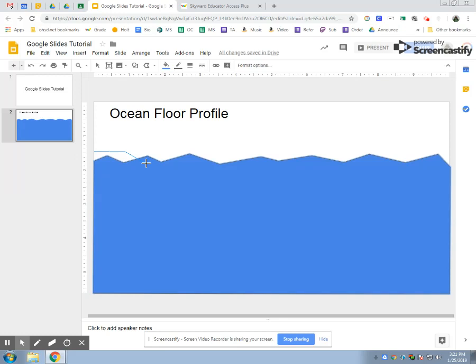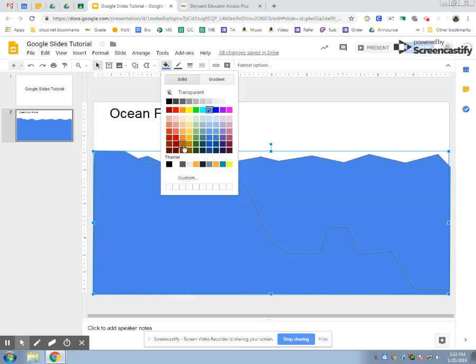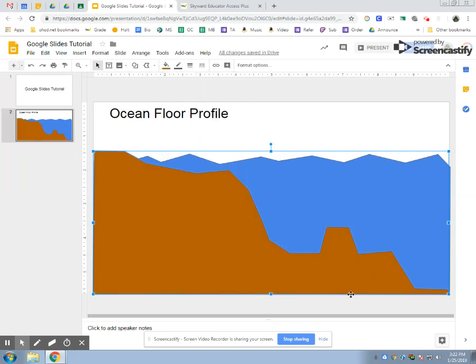And then from that shoreline, I'm going to create a shelf and a slope and a rise and maybe a little seamount. I'm going to bring this thing all the way around and again connect it. It's still blue. Since this is land, I want it to be brown. And you can see I've just created an ocean profile, and I can add labels by clicking on text box